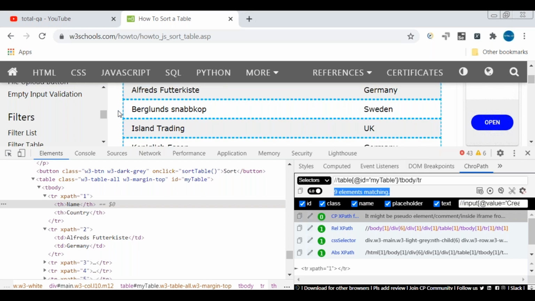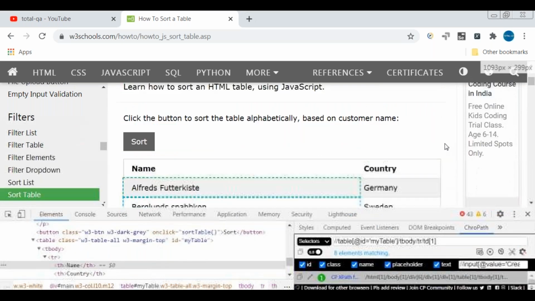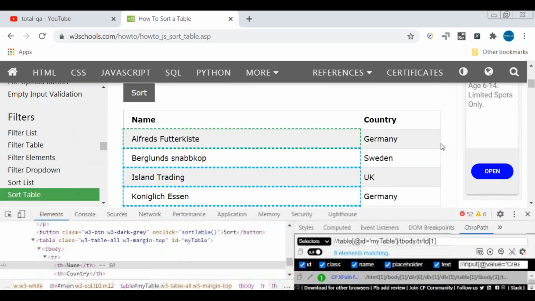But actually there are totally 8 rows only, because a table head is available. Now we are selecting each and every table row, and in each we are selecting the table data. So we are getting totally 16 matching elements, but we are focusing on the first table data only. We should get totally 8 matching elements. You can see the web page is also highlighting only the first column in the table row. In each and every row, the first column is getting selected with this XPath.